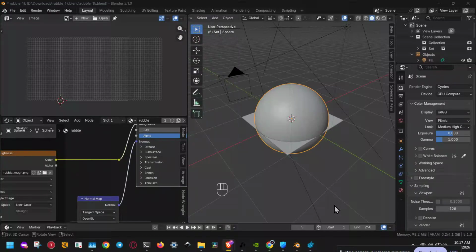If Blender keeps throwing an out of memory error, don't panic. In this video, I'm going to show you the fastest ways to reduce memory usage, stop crashes, and get your scene rendering again. These tips are especially useful if you work with heavy geometry, high-resolution textures, simulations, or large Cycles